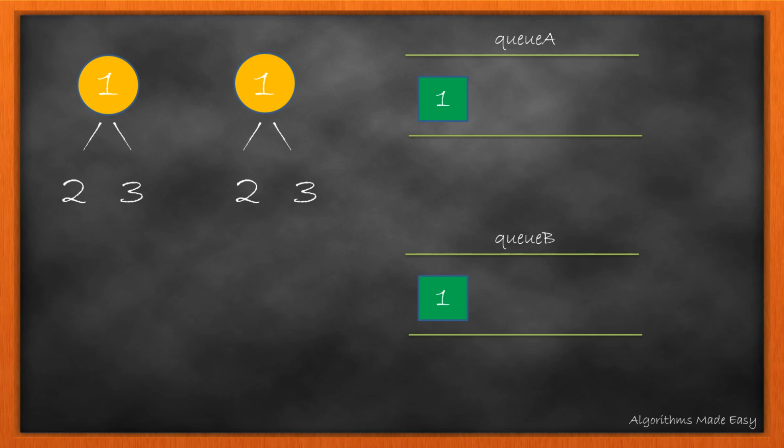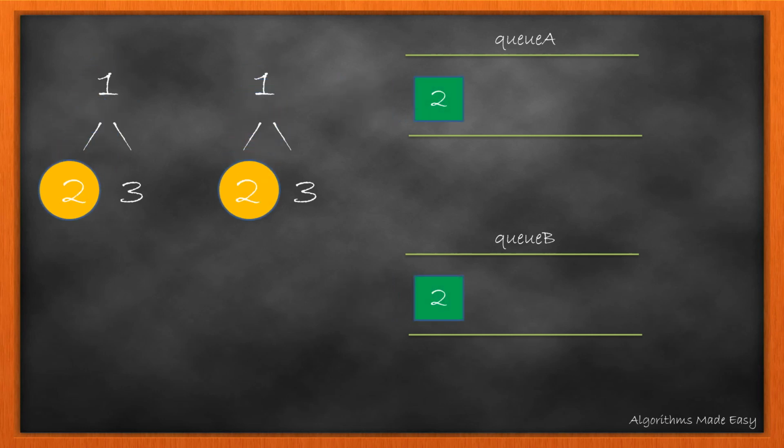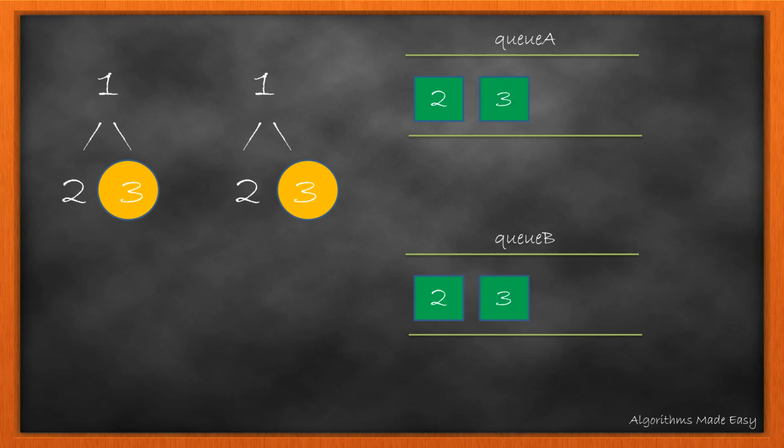We now start a loop which will work till any one of the queues is not empty. Inside the loop, we remove the element from both the queues. Now we check if left is not null and also if they are equal or not. As they are equal, we insert both into their queues. The same will be done for the right subtree. This completes our first loop.